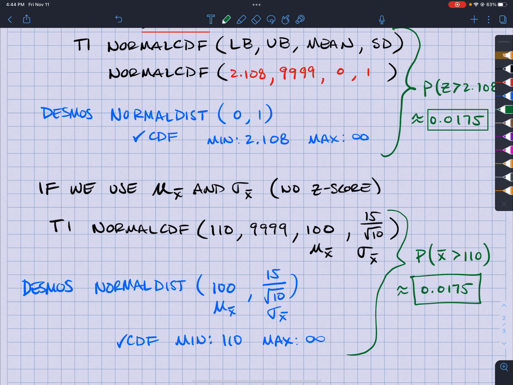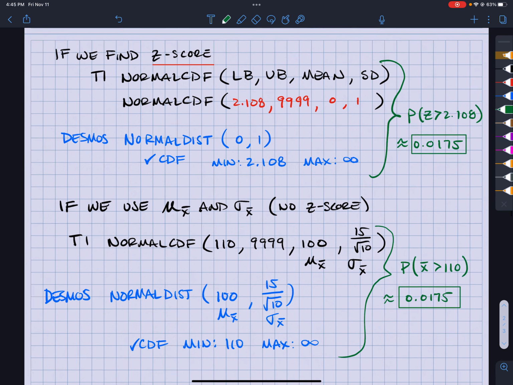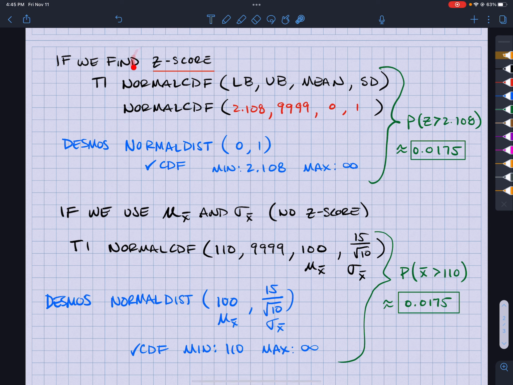Okay, so either way you do it, you're going to get the same exact probability. All right, so again, longhand, find the z-score and then go from there. Shorthand, skip the z-score, just use the mean and standard deviation that you found and you'll get the same thing,